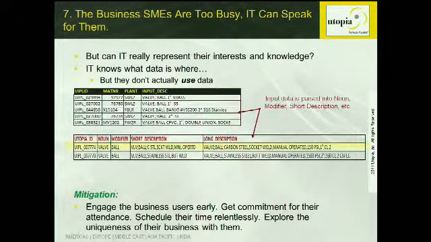The 7th risk, all right, is the business SMEs are too busy, IT can speak for them. In a lot of ways, I think this is the biggest risk because you'll get three-quarters of the way through the data migration project and you'll have whole sets of data that are being loaded with no business validation rules centered around them. And it's because the finance head or the manufacturing head or the sales head never really had a time to sit down and work through the justification and the validation of the various business data